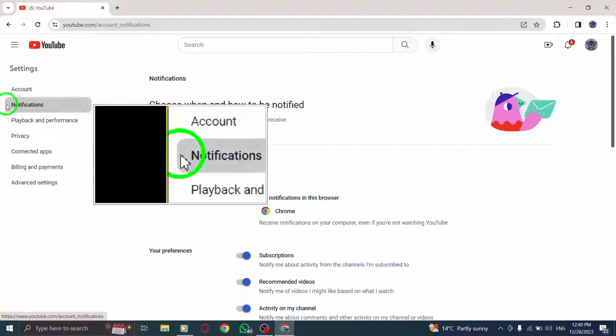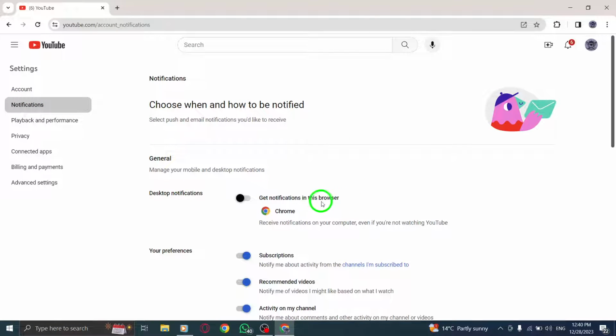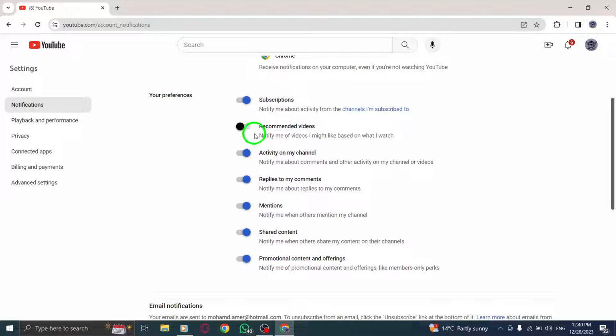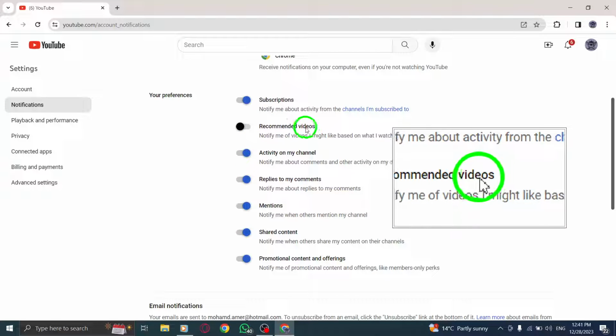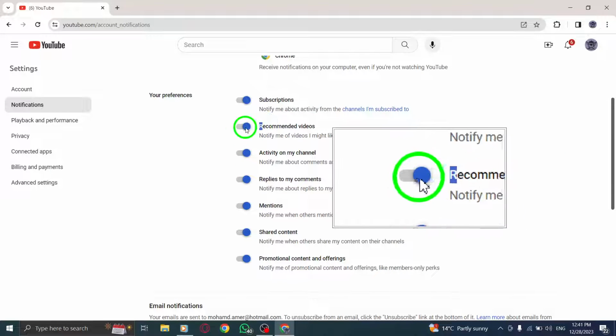Step 3. Within the Settings menu, find and click on the Notifications option. Step 4. In the Notifications section, locate the Recommended Videos option and toggle it on to enable the notification feature